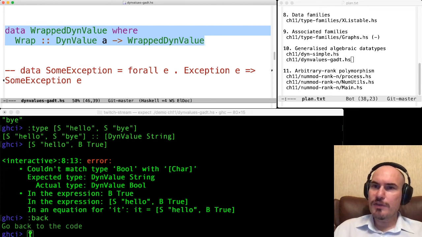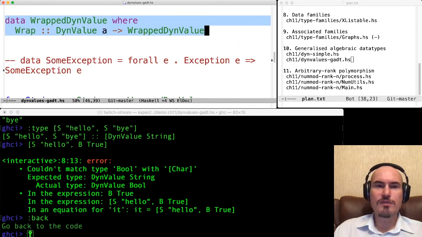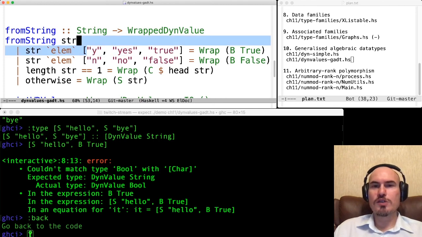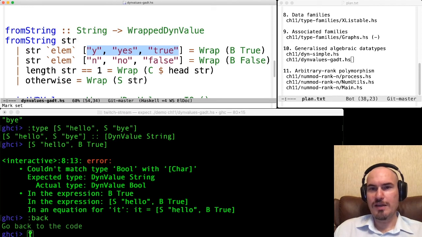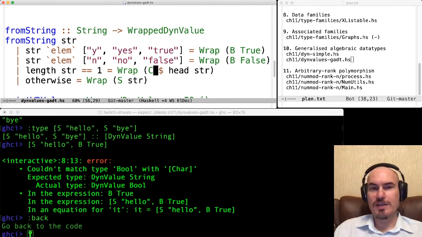And once we've wrapped everything into a type, we can put this value in a list, and we can write functions over it. For example, this function tries to wrap a string. So look here, if the string is something which looks like a true bool value, like here, then we wrap it with the B data constructor. If it's something that looks like a false value, we wrap it with B False. If it's a one-character string, we wrap it with Character. Otherwise, we wrap it with String.